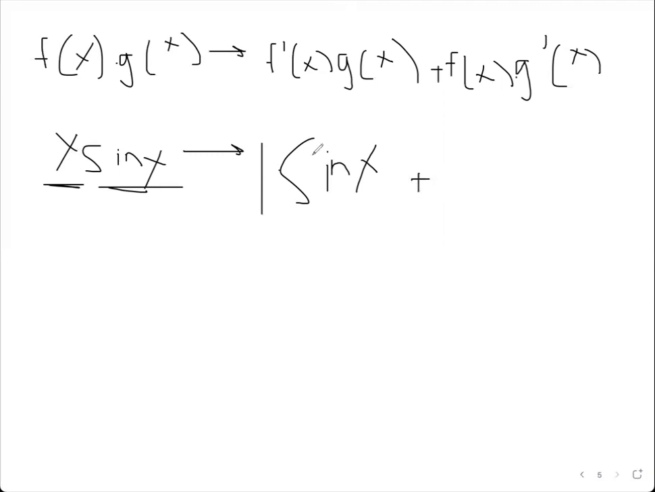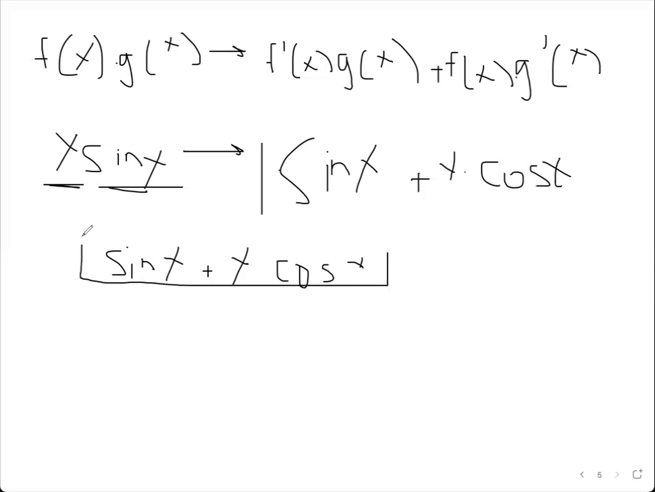And then just f of x, so it's just x. And then g prime of x. What's the derivative of sine? It's cosine. So your answer will be sine x plus x cosine x. That's the derivative of x sine x. And you can verify that with the calculator or anything, but this is an example of how you use the